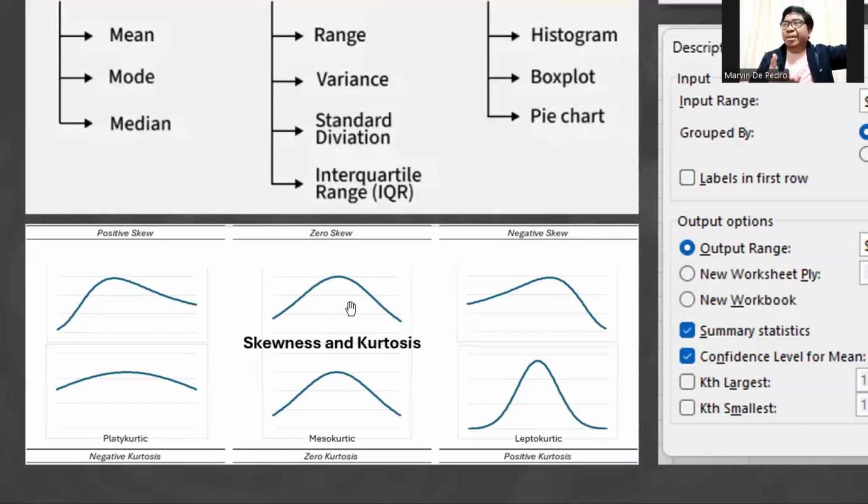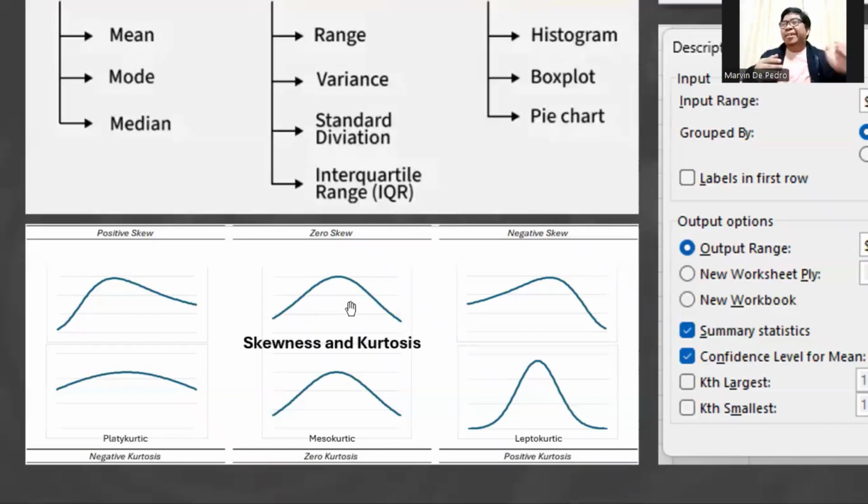So what's the big deal with normality? Because if our data set is not normal, then we cannot make use of the basic statistical operations, which we call parametric statistical tests.